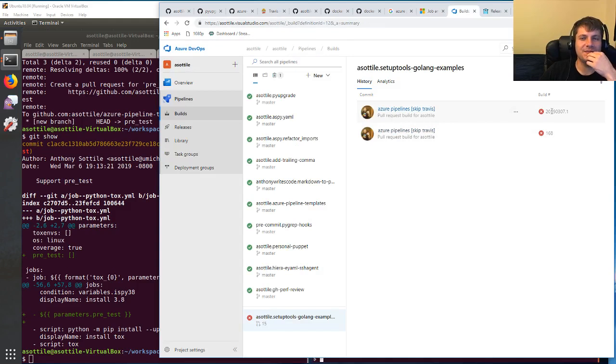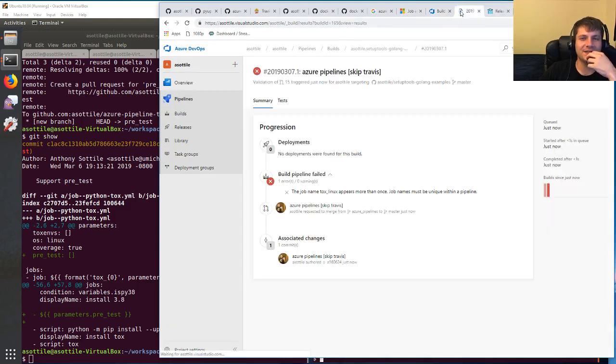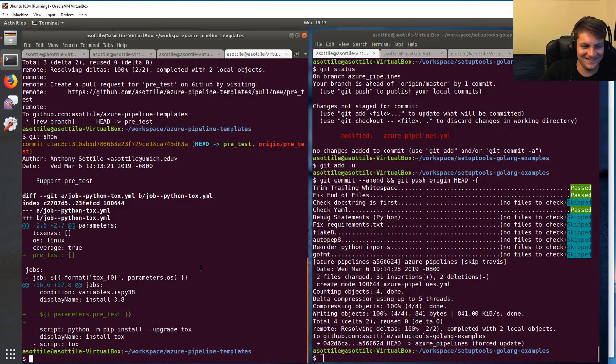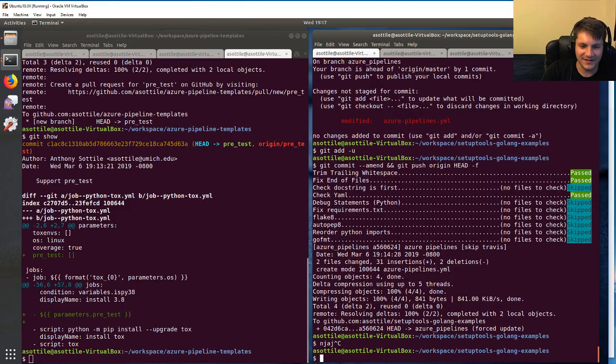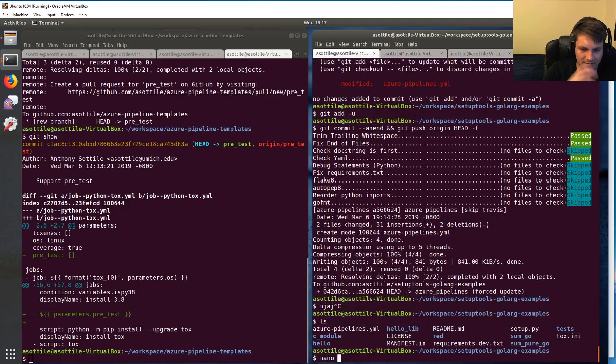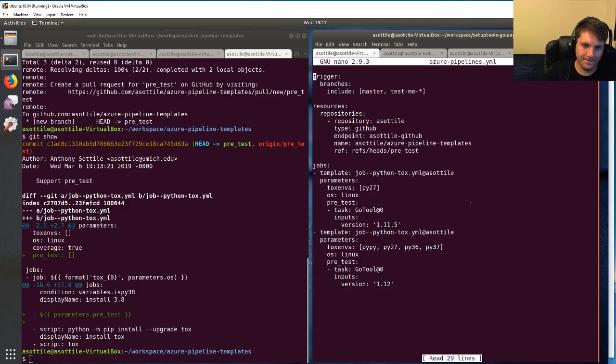No, there's some kinks to work out, I guess. Okay, this one failed too. The job name Tox Linux appears more than once. Job names must be unique within a pipeline. So we'll probably need to... Ugh, gross. So the reason it's failing is